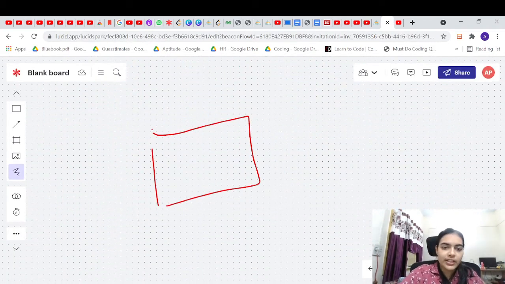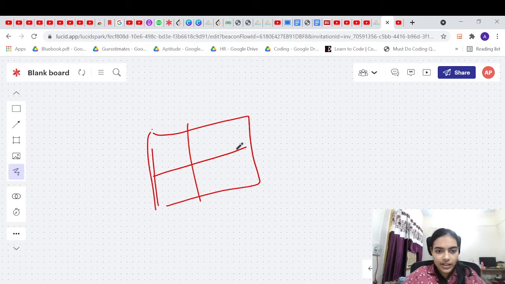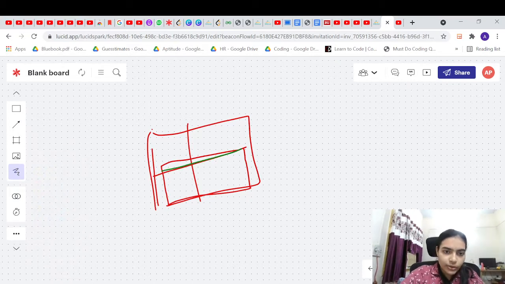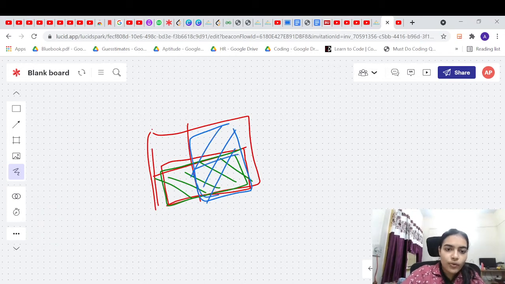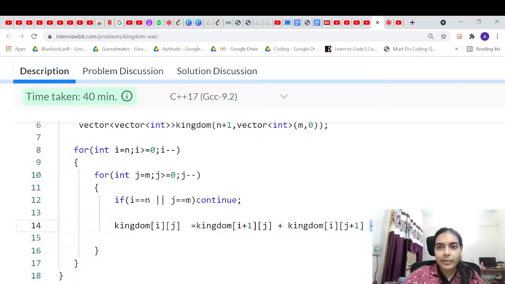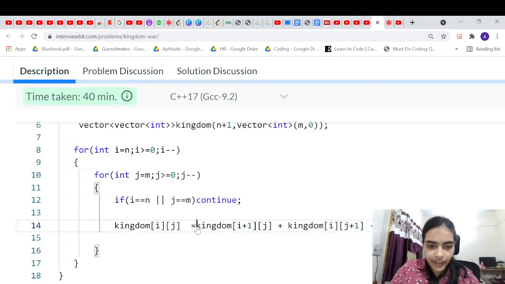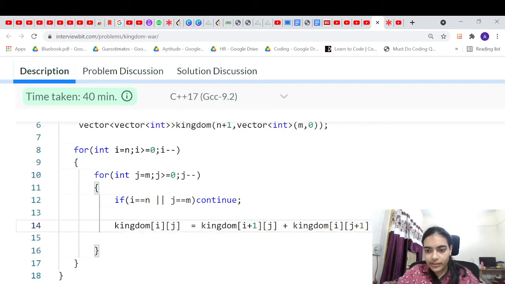We have seen here, suppose you want to find out the value. Let's say you took these two, let me try to mark it in another color. Let's say you took these two values, and then you have taken these two values again. So then this was overlapping, right? So you have to take the value at this element and the value at this element, but you have to subtract the value at the third element, right? This is a very common way of solving it. So let's just take that.